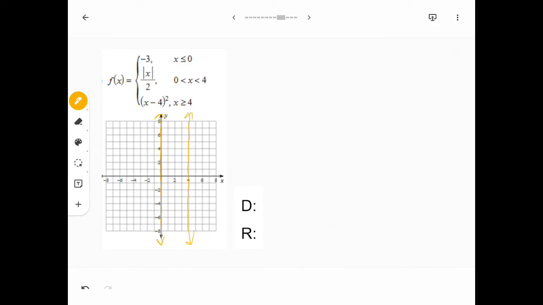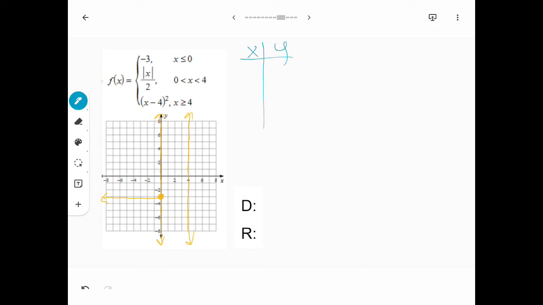When I look at this, you can start to work smarter, not harder. If you notice, this first one is another one that's going to be a horizontal line. So on this side of the graph, I'm going to only be at -3. And it is a closed circle on 0 because it's equal to. So you could just go ahead and immediately fill that in if you notice. If you don't notice, there is no shame in making a chart every single time. On this second one,